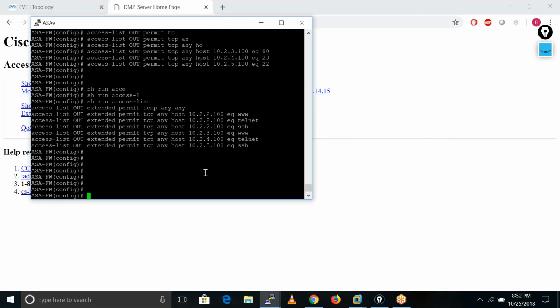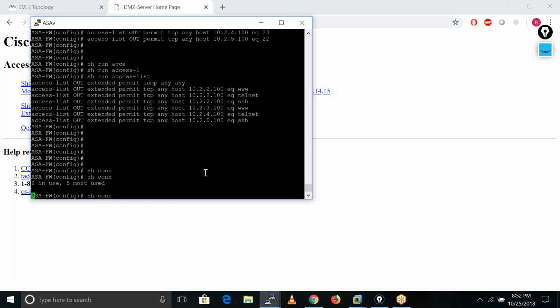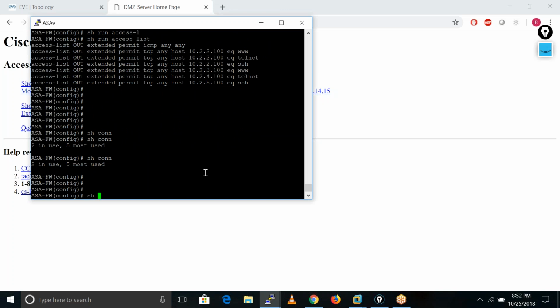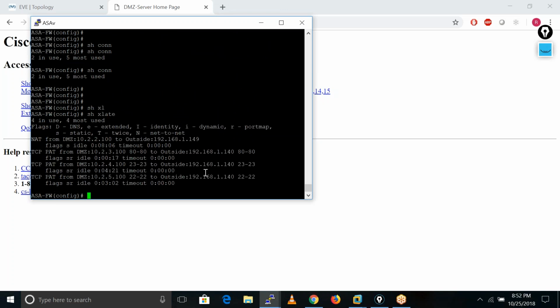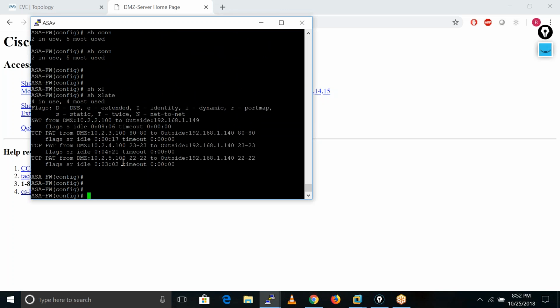If you want to see here, show connection. So xlate. Let me try to see the xlate as well. So we have these rules right now. These static entries are translating the request which is receiving on this port number on this server. Request coming on port number 23, they are just sending these requests to these servers. Okay.